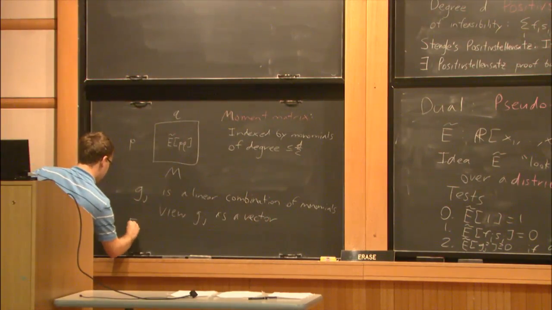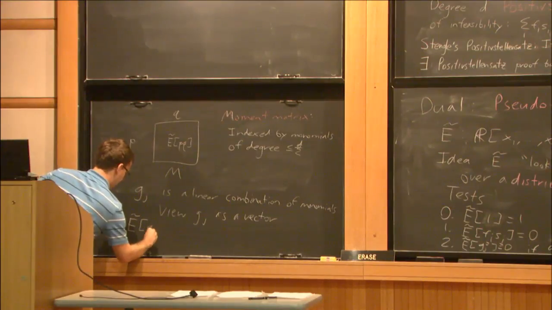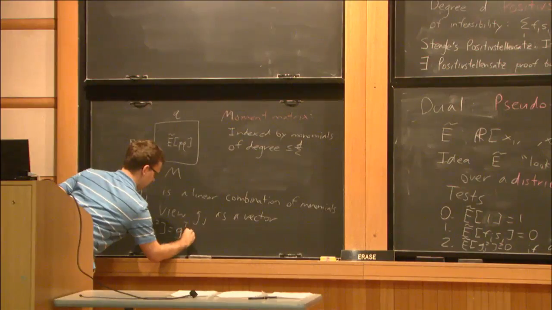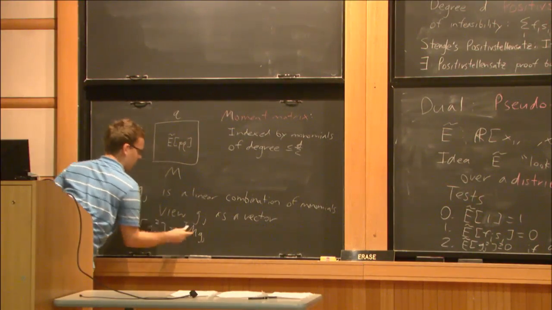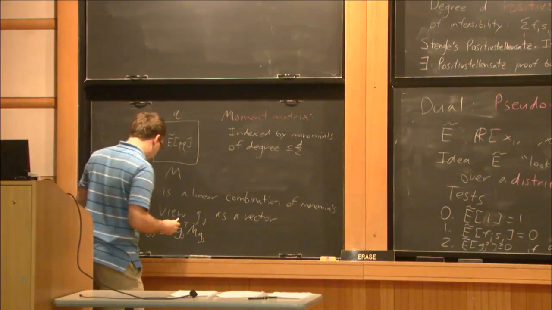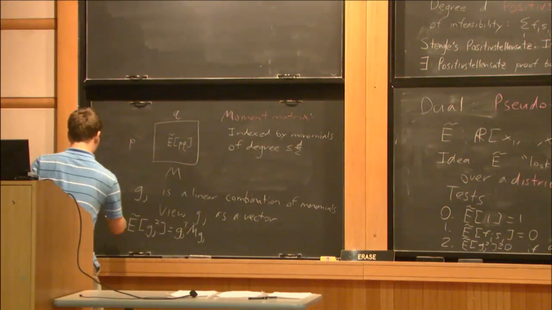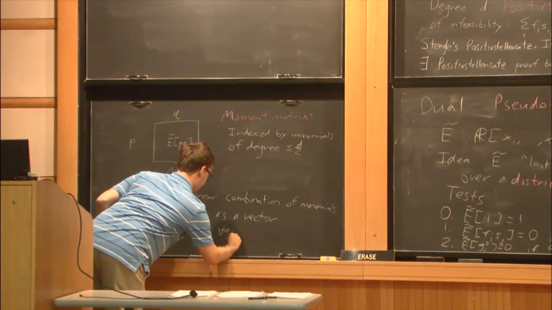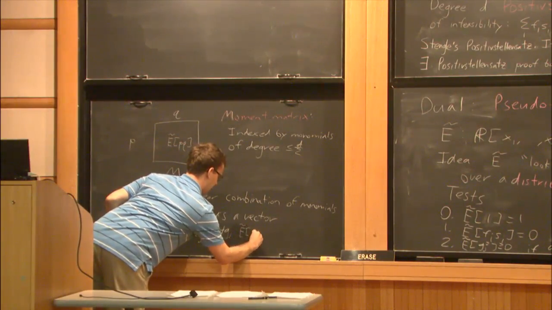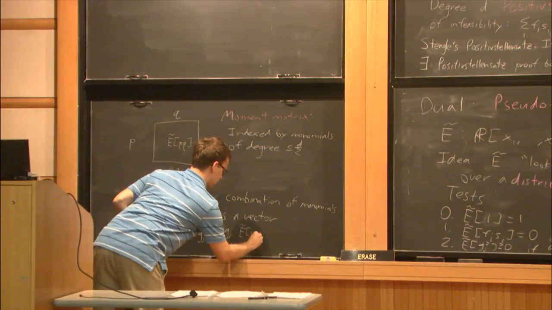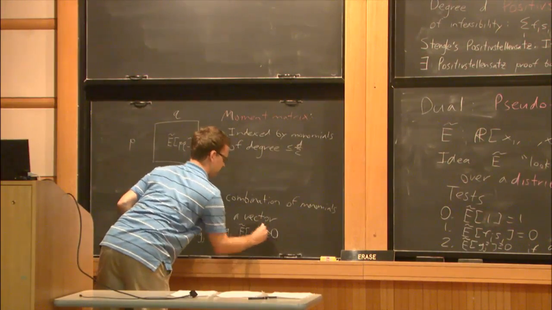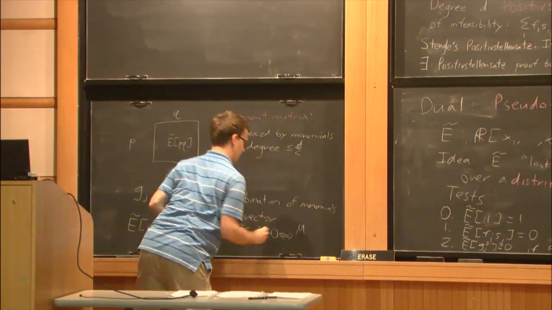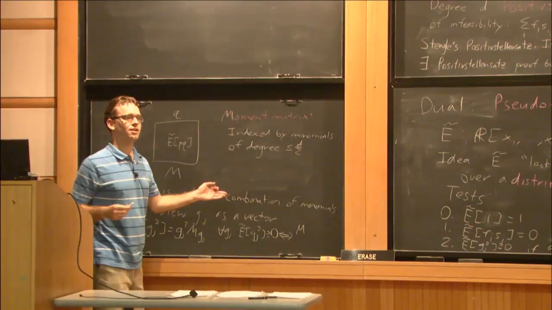And then we have the equation that the pseudo expectation of Gj squared is equal to Gj transpose M Gj when we view it as a vector. And this means that the condition that for all Gj, the pseudo expectation of Gj squared is non-negative. This is precisely the same as the statement that M,